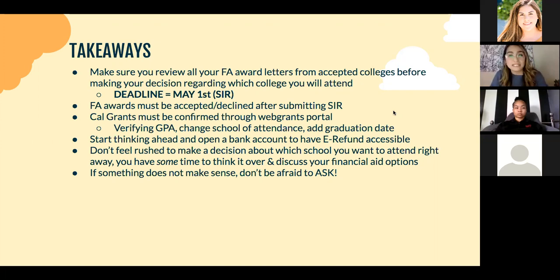So that's why we're really taking the time to discuss it today and with your ETS advisors and make sure that you know exactly how much financial aid you're going to get. But if something doesn't make sense, even after this presentation, you're still not sure about your own cost of attendance, you're not sure about housing or anything like that, make sure you ask us, ask the financial aid advisors at your school, ask admissions, because at the end of the day, this is a school that you're going to be at for a very long time. So we want to make sure that you know how to advocate for yourselves.